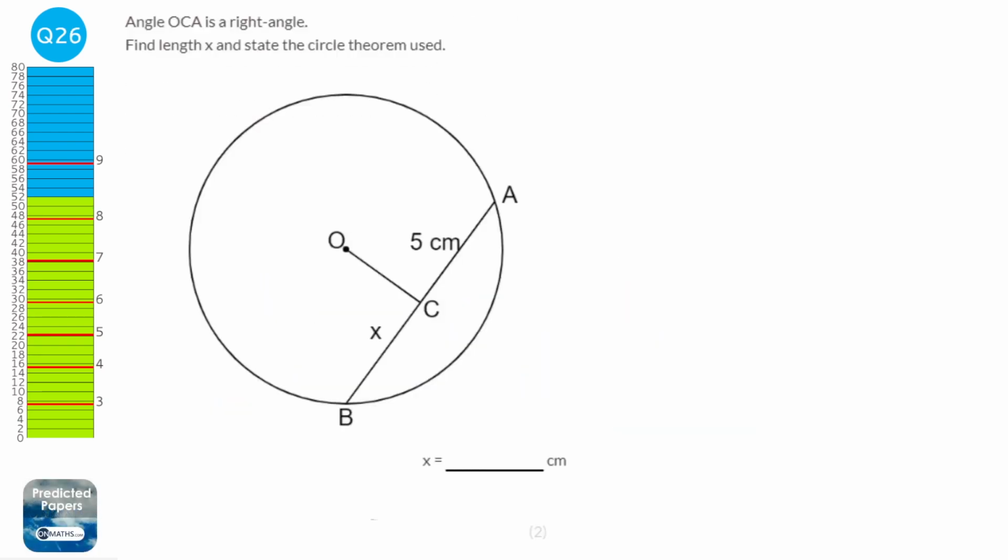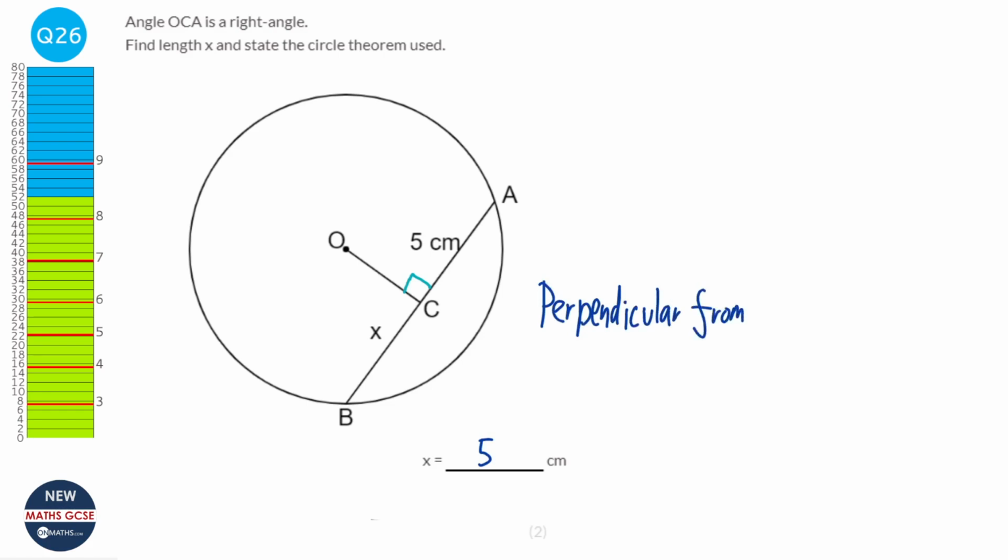It tells us in the question that angle OCA is a right angle. So if that's a right angle, it means that OC and AB are perpendicular. If they're perpendicular, that means that x is 5 centimeters. And the reason for that is that the perpendicular from the center bisects